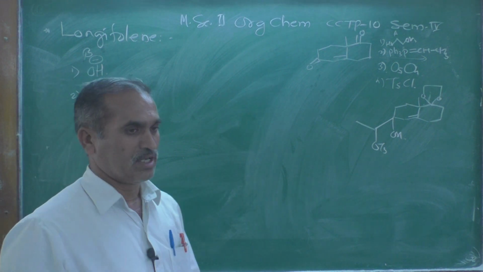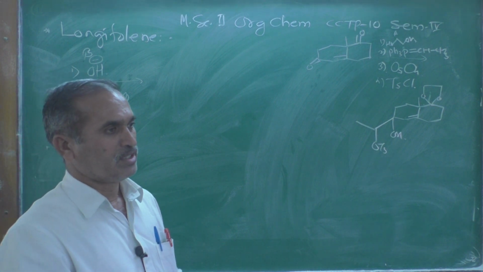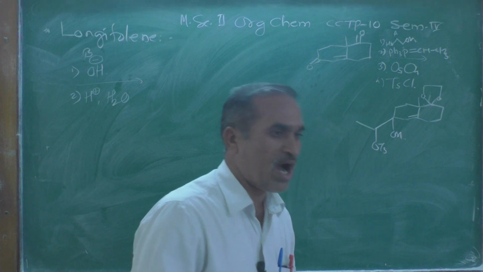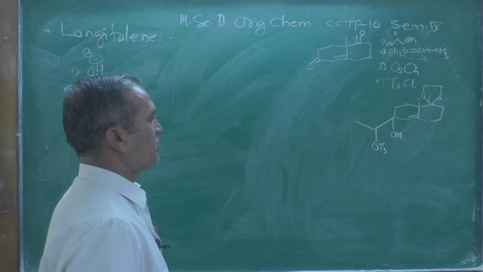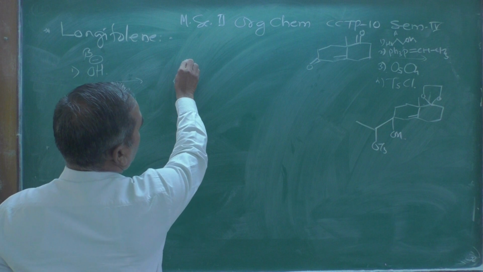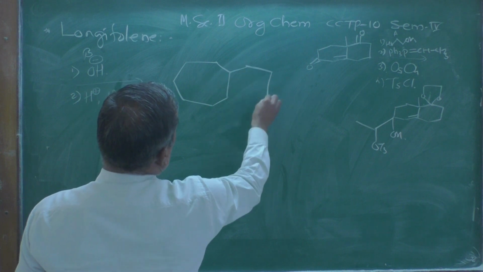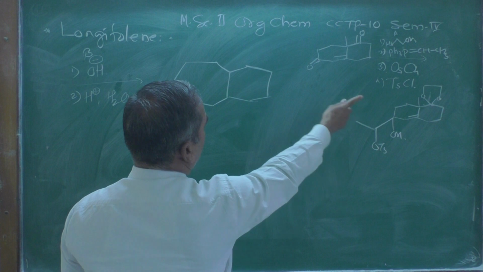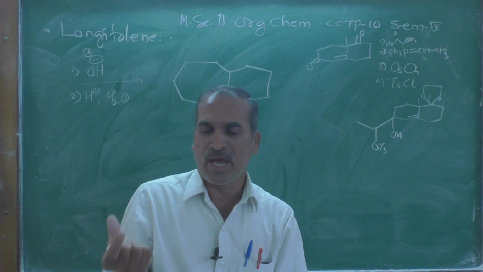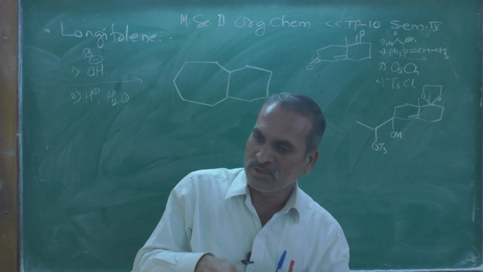The reactivity of that pinacol rearrangement is enhanced due to the presence of the tosyl group, and the resulting compound will be formed. The 6-membered ring is converted into a 7-membered ring like this, and finally this H plus in the presence of H2O, what we can call a mild acidic condition, is